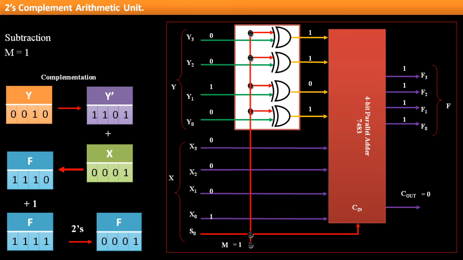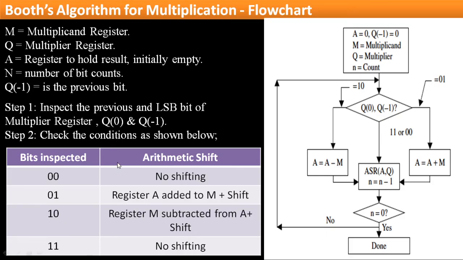And now let's move on to the next section, where we are going to discuss Booth's algorithm for multiplication. Now multiplication is very important. In this case, Booth's algorithm gives a benefit where we can preserve the sign using arithmetic shifts, and using arithmetic shifts we can properly multiply binary numbers with a lesser number of operations. Now let's see how it happens. We'll take a simple example. But before we take the example, we need to understand the basic flow in Booth's algorithm.